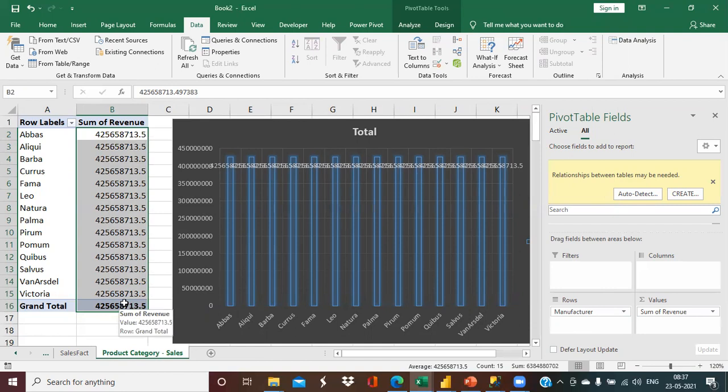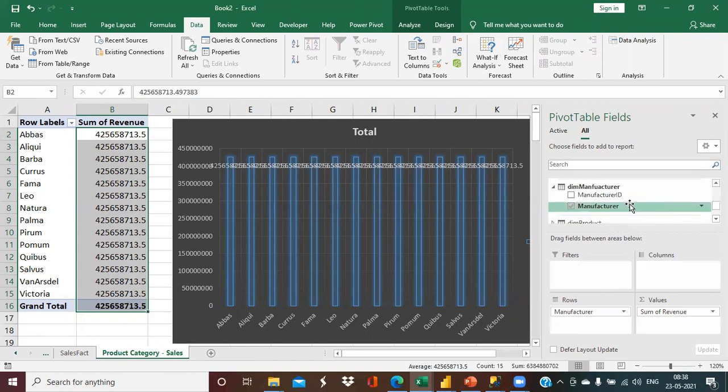And now the big problem between these two tables: if we see the structure of the manufacturer table, we have two columns, manufacturer id and manufacturer name, and in the sales fact table we don't have any column which is related to the manufacturer table. We don't find any column which we can relate to it. So how to handle this kind of situation in your data set? Definitely you will find these situations a number of times.